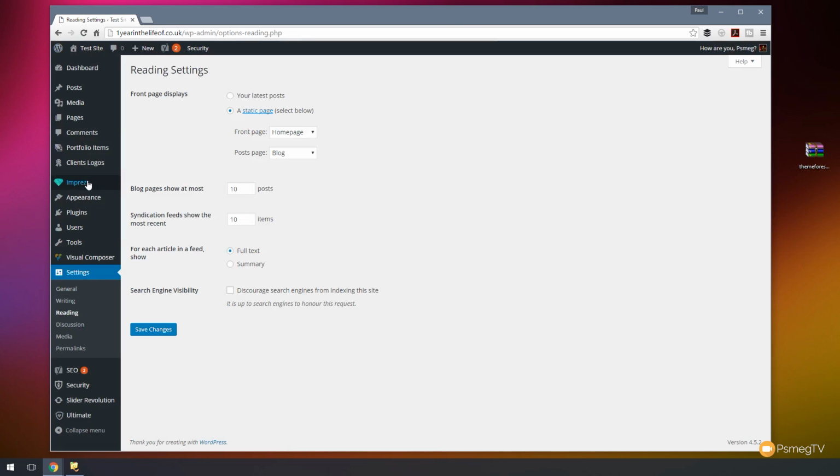So the next thing we're going to do is have a look at the Impreza options. Now you can see that we've got our own dedicated menu section on the left hand side. And in there we've got theme options, add-ons, which we've already taken a look at. We can import demo data, so if we wanted to load all the demonstration information so we can see exactly how particular pages are created based upon what the designer of this theme has put together, we can